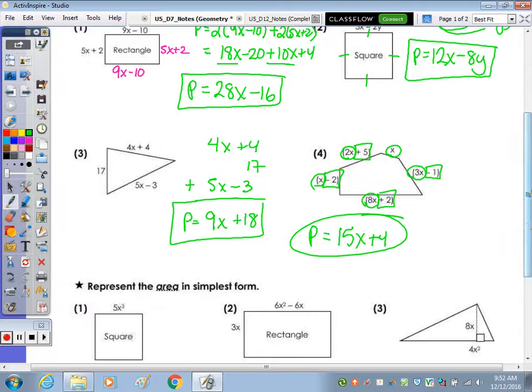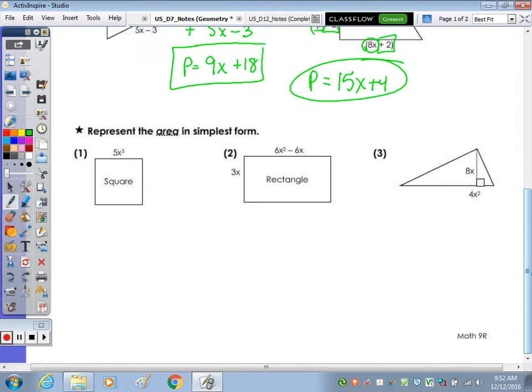Now we're going to take a look at area. Okay? The area of a square, a rectangle, is length times width. It's just in a square, all 4 sides are the same. So instead of doing area is length times width, we can say area is side squared, because the 2 sides are the same. So if we square